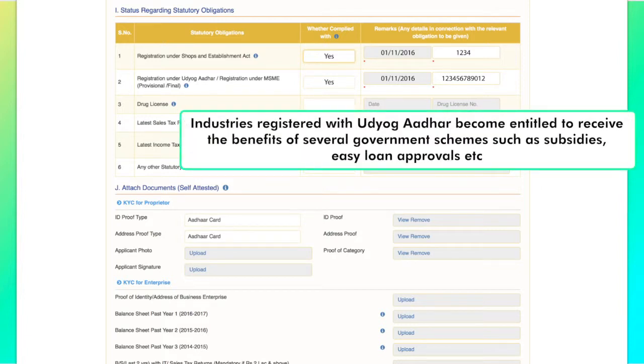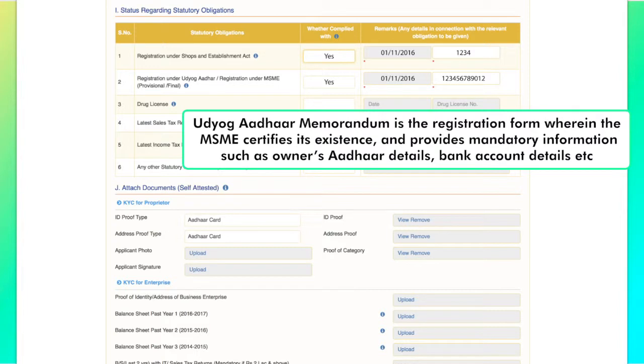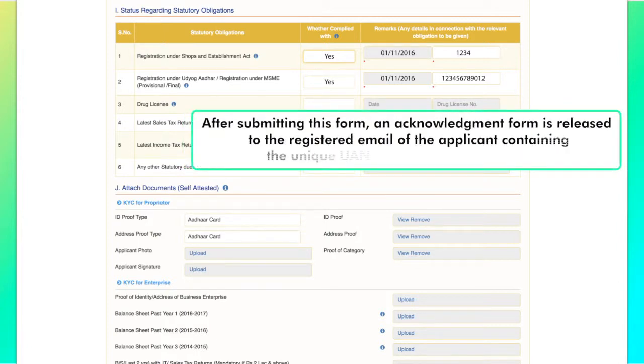Industries registered with Udyog Aadhaar become entitled to receive the benefits of several government schemes such as subsidies, easy loan approvals, etc. Udyog Aadhaar Memorandum is the registration form wherein the MSME certifies its existence and provides mandatory information such as owner's Aadhaar details, bank account details, etc. After submitting this form, an acknowledgement form is released to the registered email of the applicant containing the unique